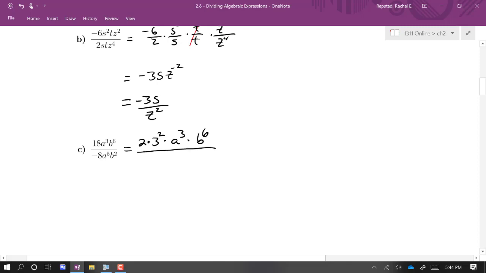On the bottom, negative, let's see, 8 is 2 times 4. I could have written that as 2 cubed, but I think writing it that way is going to make it a little bit easier to simplify. And then a to the 5th, times b squared. So I'm going to write that a to the 5th as a cubed times a squared, and b squared